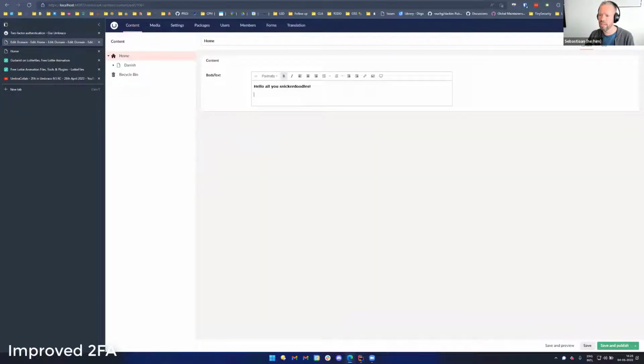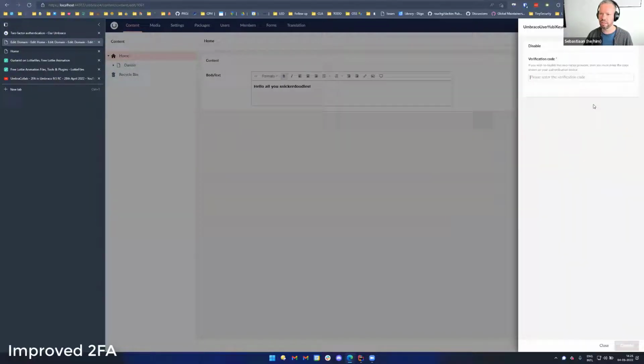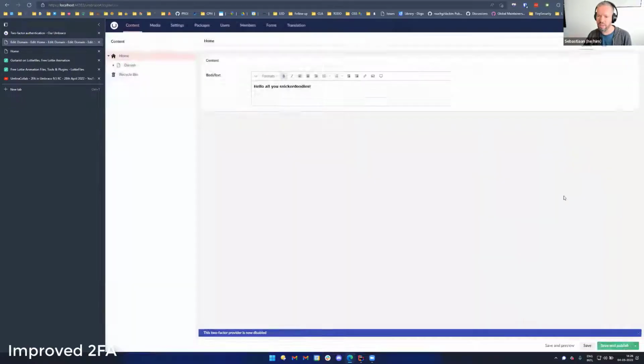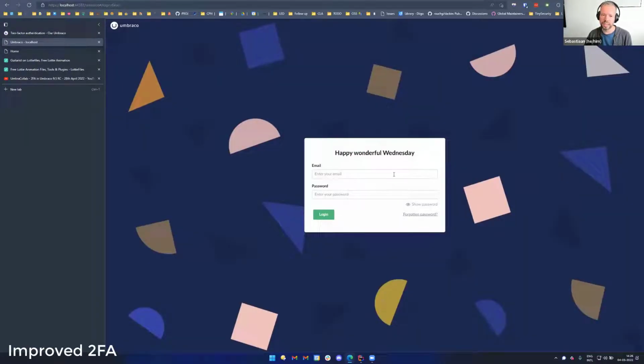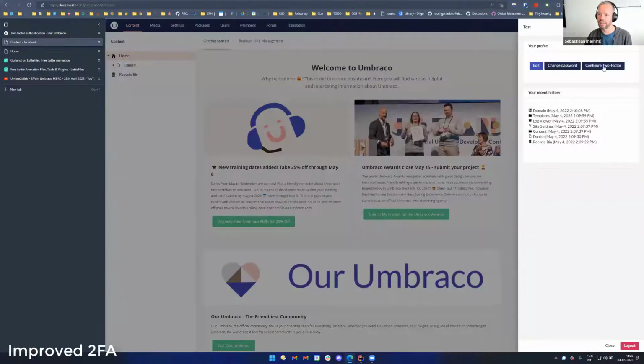I do have it set up now, so I should disable it first before we do this. When disabling, if I do it as a logged in user, I can't just disable it. I need to verify that it's still me who's doing this. It's for security, of course. So I still need to send another code, which I will do if I press the button on my thing on my laptop. So now it's disabled. If I log out and back in again, there we go. I don't get asked for anything,